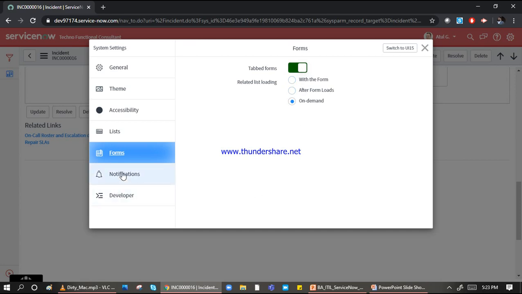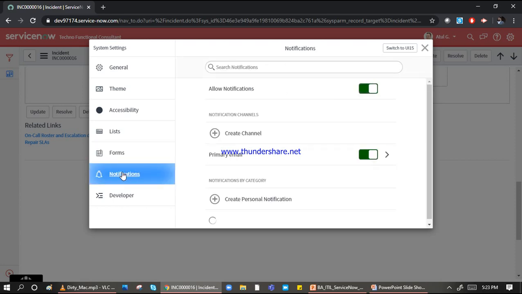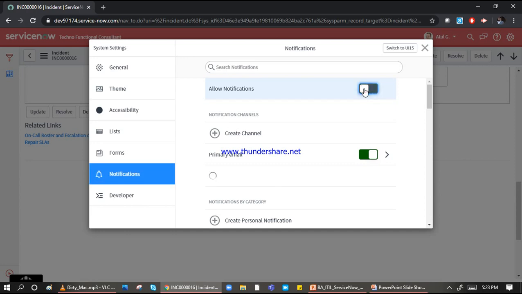Now I come to the notification. Very much important actually here. Notifications is basically when a user wants the notification from ServiceNow or not into his or her email box. So if you click here, allow, no notification will come to you. It means all the system generated notifications where your name is mentioned, you are not getting that particular notification. If I click here, I need the notification.